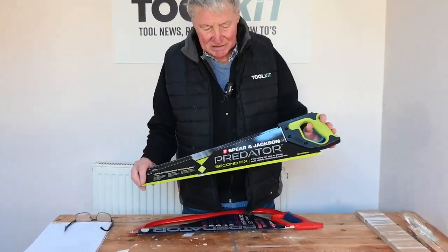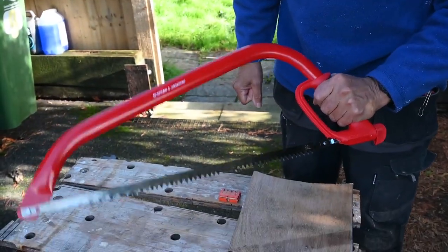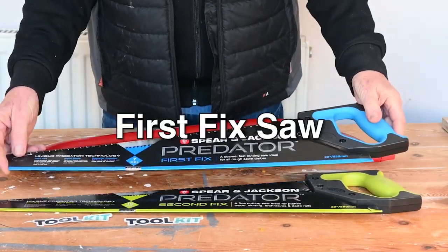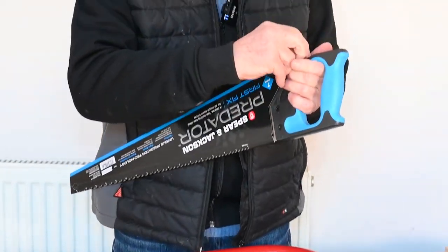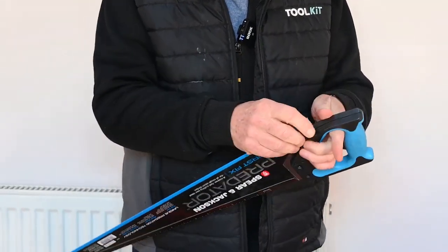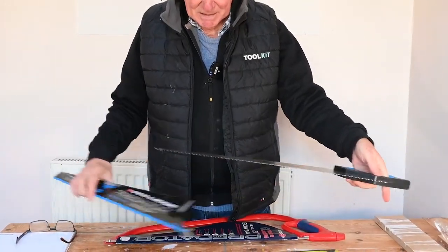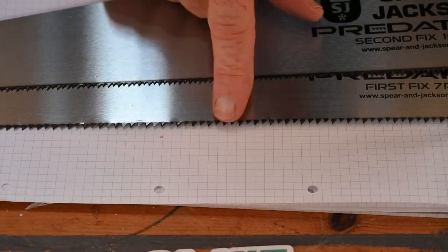these Spear & Jackson Predator saws. I've got three of them: a bow saw, a second fixed saw, and a first fixed saw. The first thing you'll notice is that we get them out of the wraps, which is actually quite good. It forms quite a good sleeve, so you could actually use that to protect the blade while it's in your toolbox. And I think we should really try and see if we can get a bit of